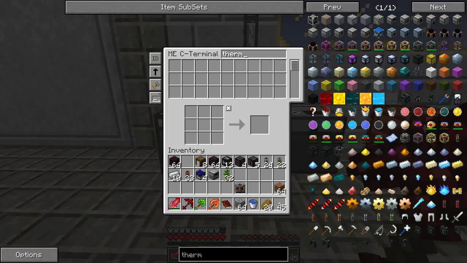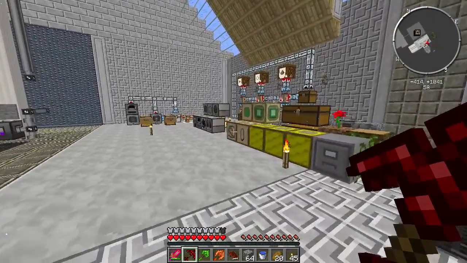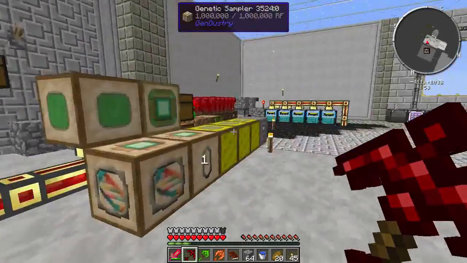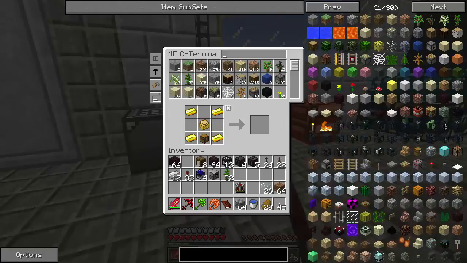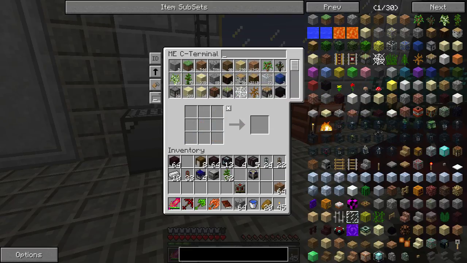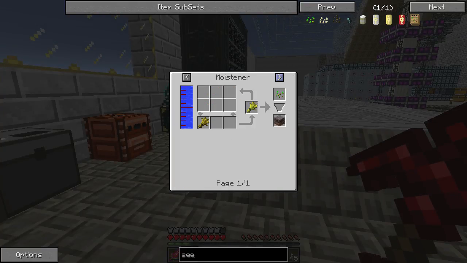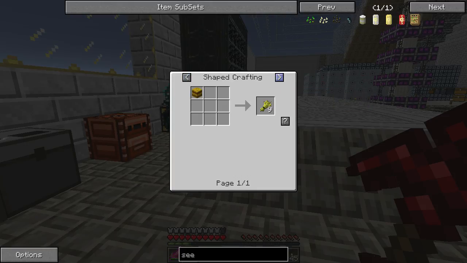I want a thermionic fabricator. This guy. We're going to need one of these. What are we missing? Sturdy casing. And then the glass. We're going to make a couple of these farms, basically just to get plenty of stuff, specifically saplings and seeds as well. Now, let me take a look. So, uses of this. Moistener, yeah, squeezer. Okay. And then, can we use wheat to get...